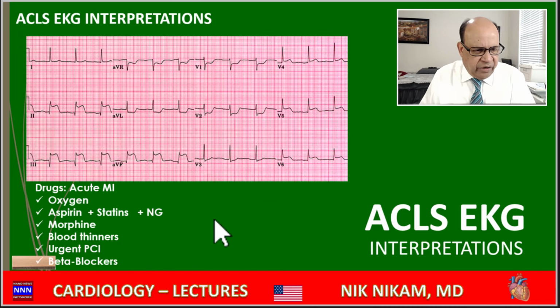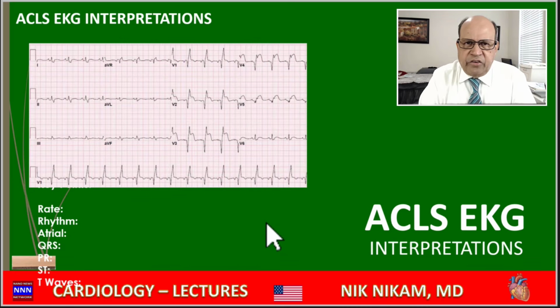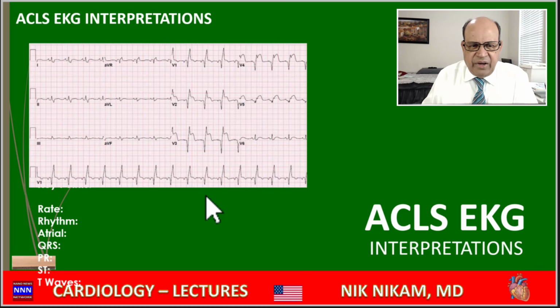All right, here are the things that are summarized, which I just talked to you about. What is your diagnosis? We are dealing with an acute anterior myocardial infarction with Q waves. That means this patient probably had this infarct for greater than 6 hours with persistent ST elevation and inverted T waves. This extends all the way from V1 to V6. So we are dealing with an extensive anterolateral myocardial infarction.